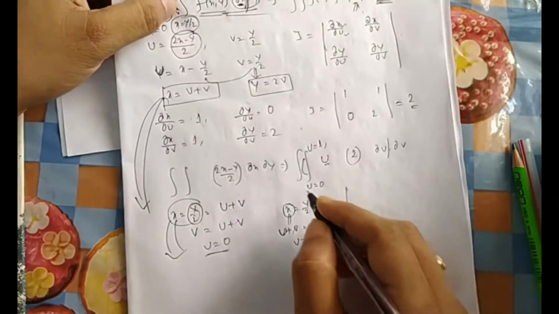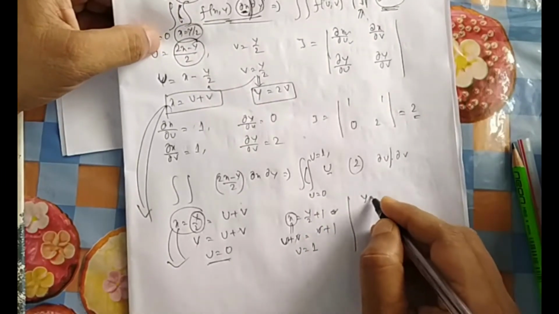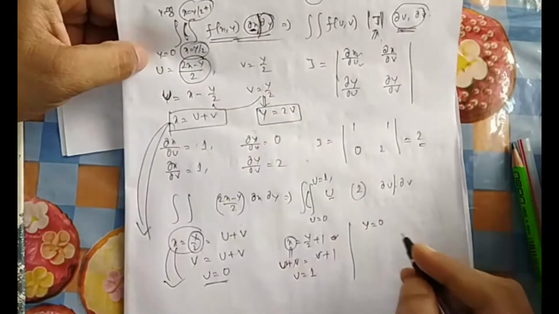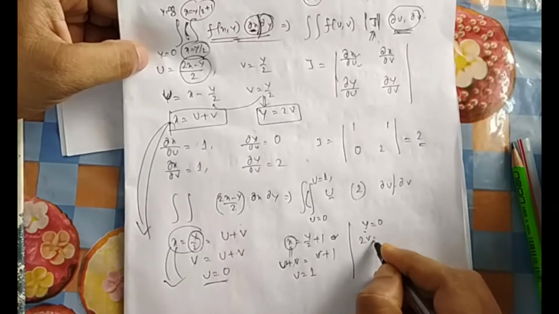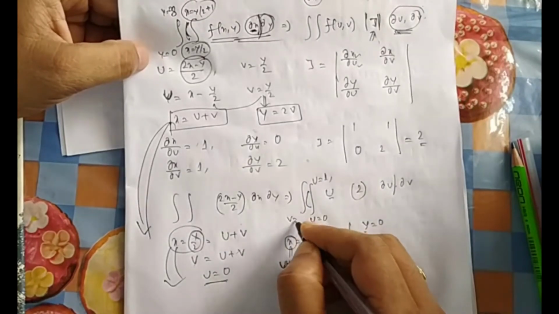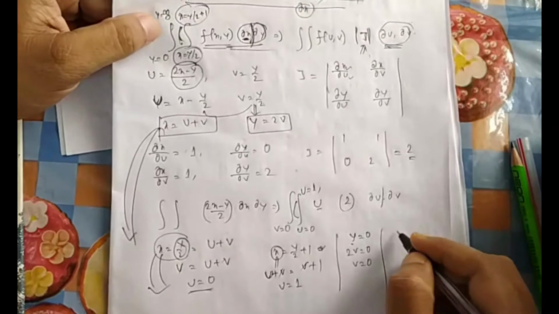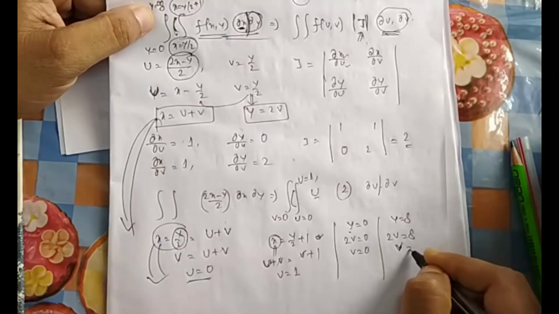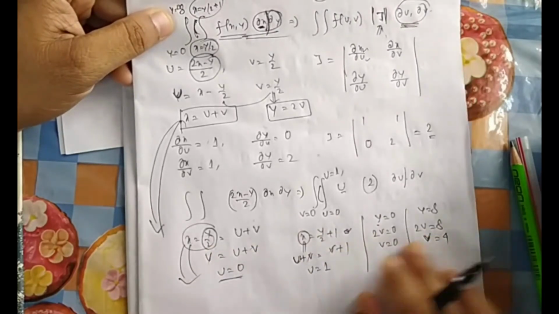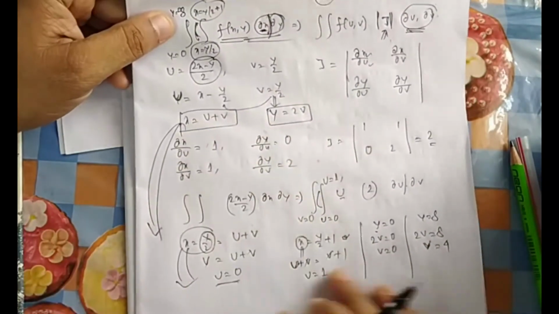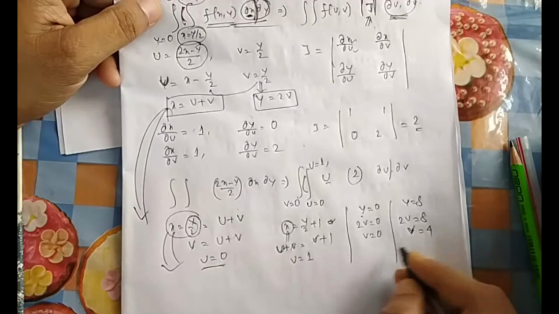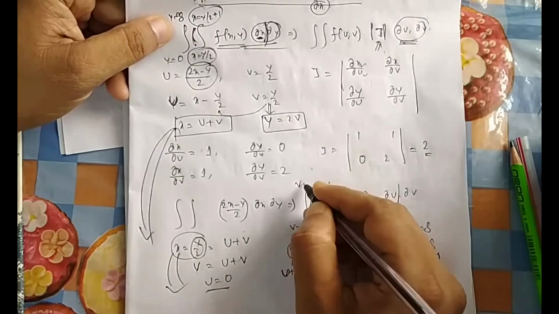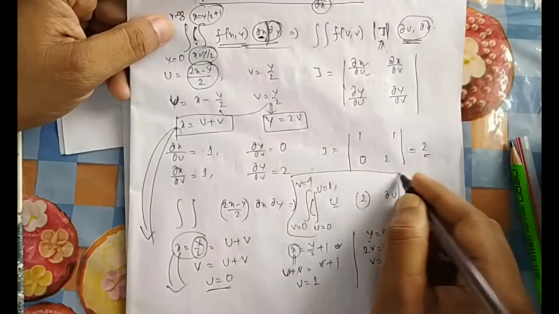Okay. Next what? These two. So the lower boundary was y equal to 0. Now what is your y? Y is equal to 2v. That means v equal to 0. What is the upper boundary? Y is equal to 8. What is your y? 2v is equal to 8. V is 4. You write all the limits. Then you put what you have got, x and y, and you will find the results of the other values. So v is equal to 0 to v is equal to 4. So this is my answer.